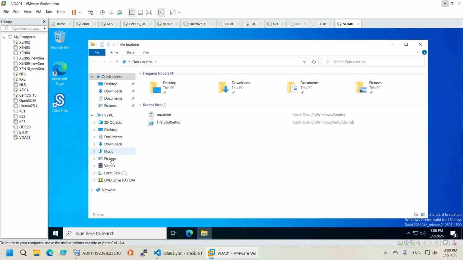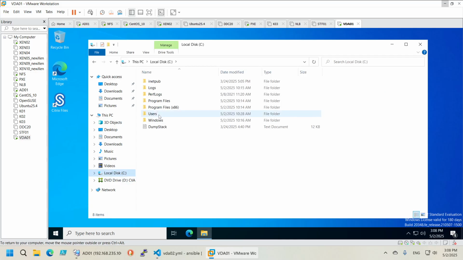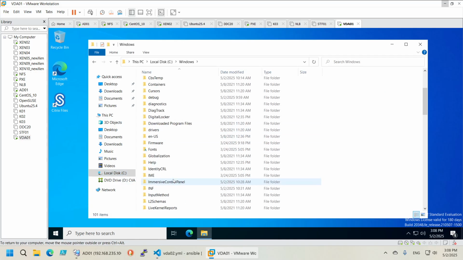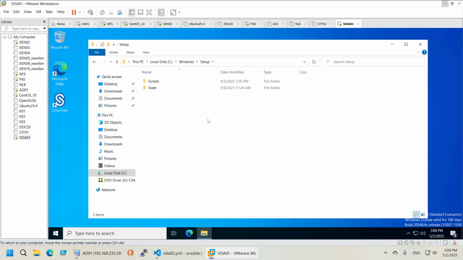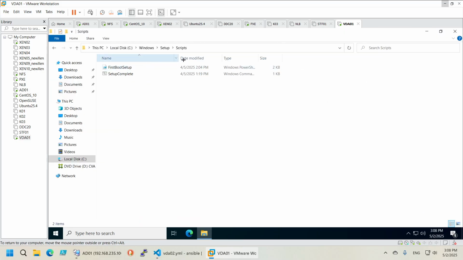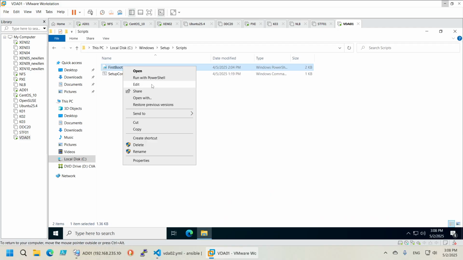So first thing I've done in Windows setup, I have created this directory. It did not exist. Maybe in your case it will exist, but for me it wasn't there. I've created the scripts directory, and here I've created